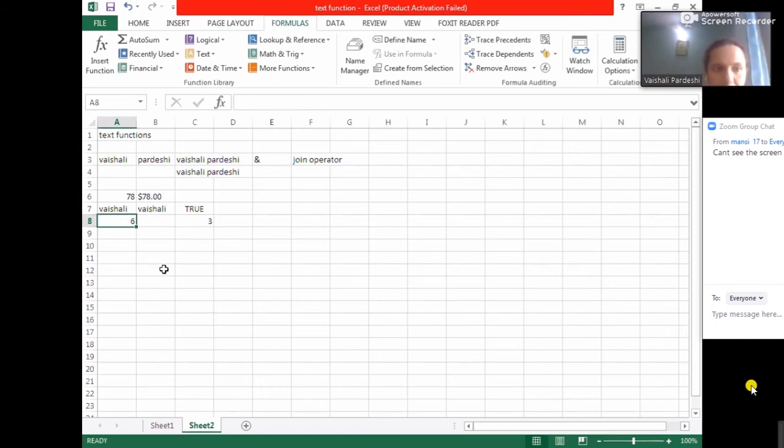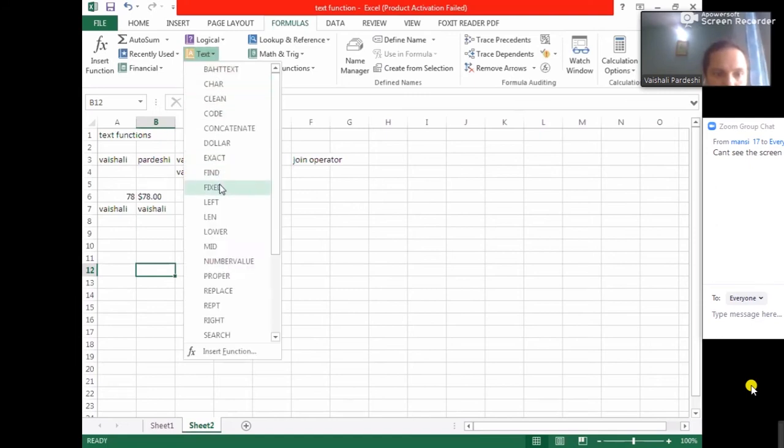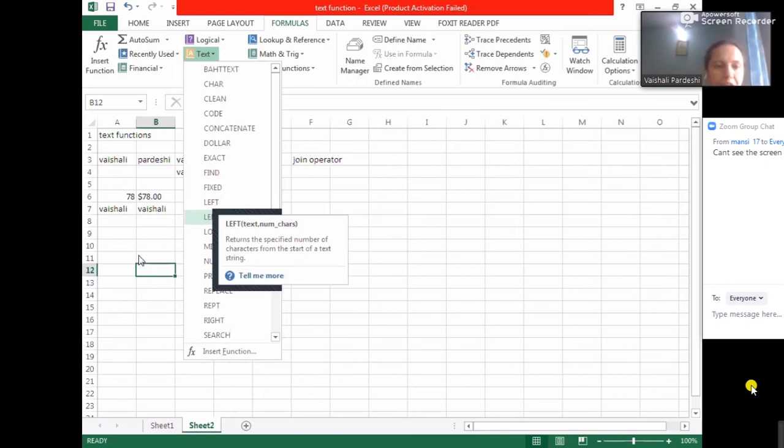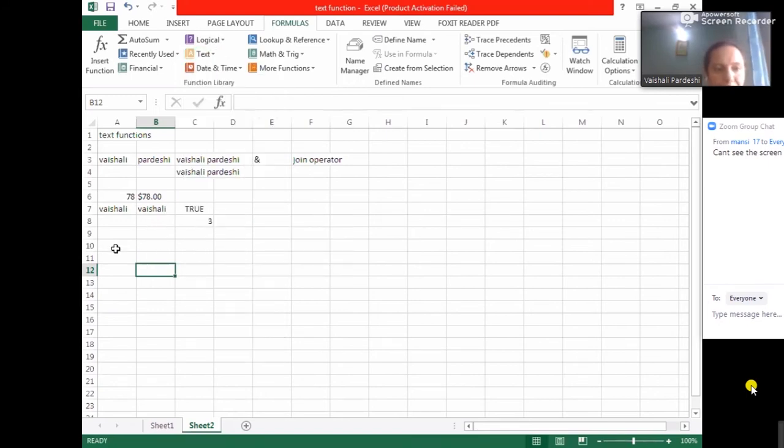Now the next function is left. From the left, I have to extract certain characters. This function is rarely used as a separate function. On its own, you rarely use it.